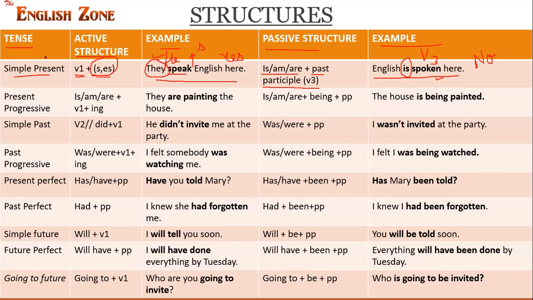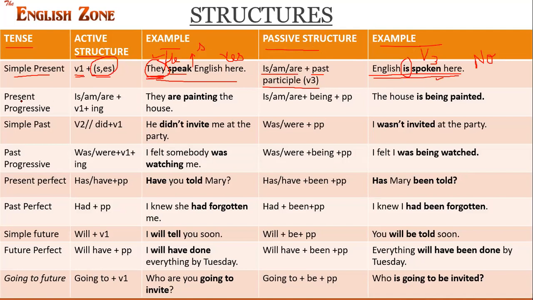In case of the simple present tense, we have to use the first form in active structure and we have to use the third form in the passive structure. Is-MR is not allowed in active. Is-MR is allowed in passive. Doer of the work means काम करने वाला person. They is highlighted here. And here doer of the work is inactive. This thing is not here. So this is the passive structure.